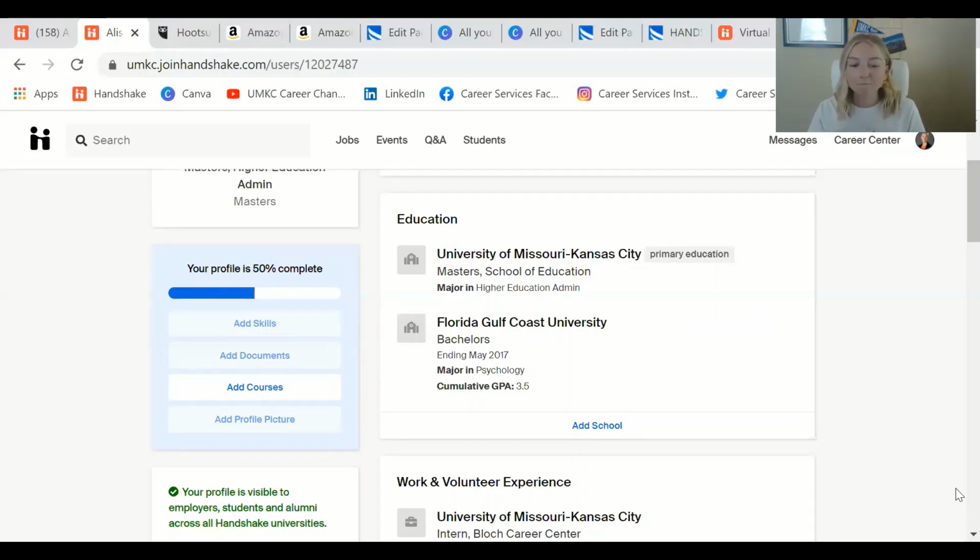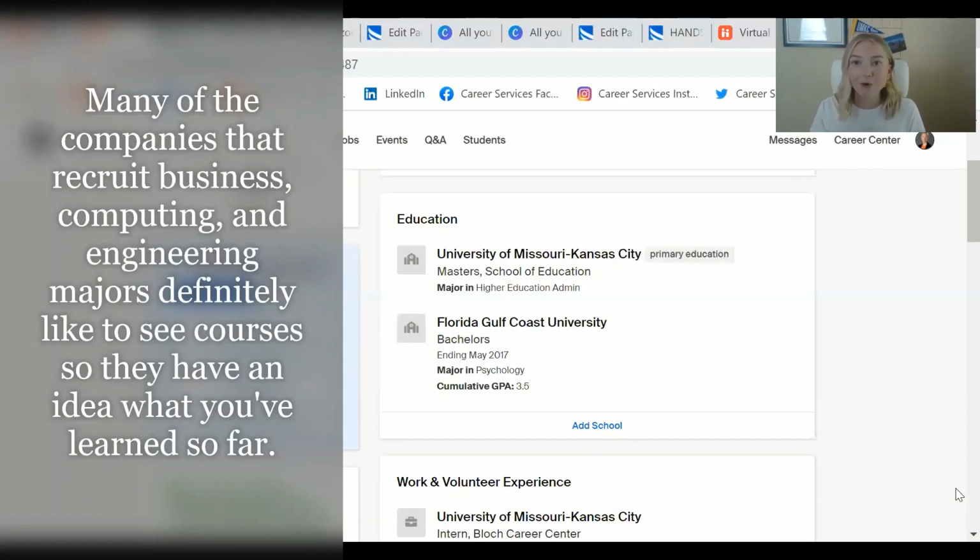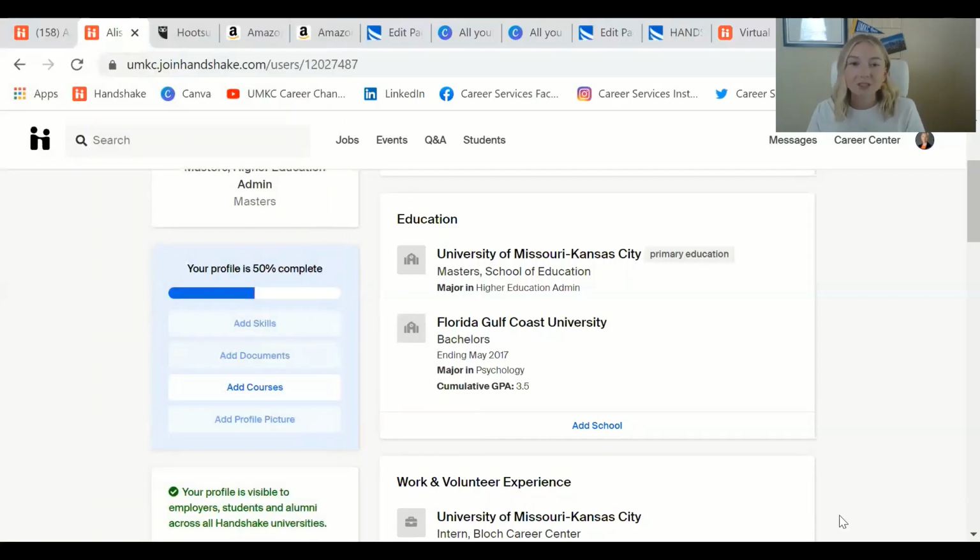If you're one major, maybe let's say a history major. I don't know why I always go to that one. A history major. You've done so much with your major, but you want to maybe go into communications, but you don't necessarily want to switch majors. You can still, if you've taken some electives that are relevant to the types of positions you want to be applying for, definitely add those in your courses, and that can just beef up your profile even more and let them know, yes, I've taken some courses that are relevant to this, and I do have a good understanding.